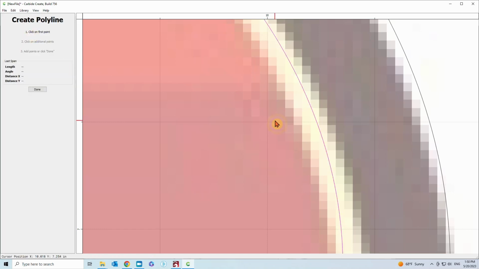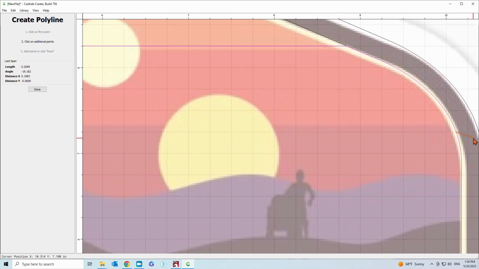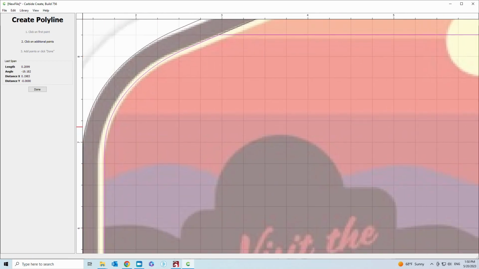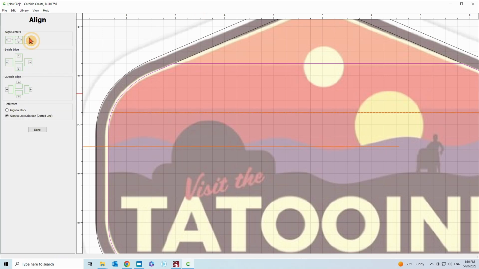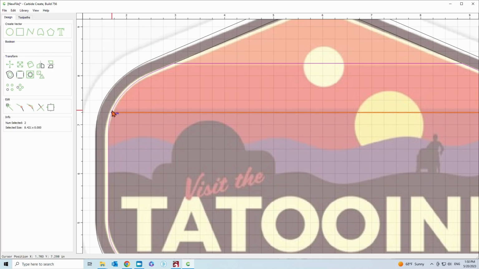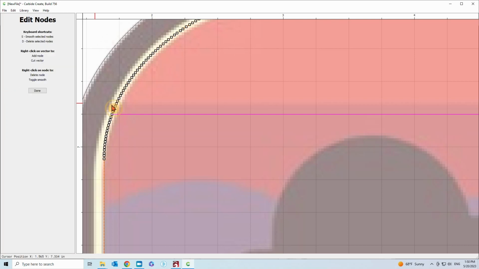So I can start here. and click done. I'm going to copy that one and paste it, and then align it again. And then I'm going to come back in here, and I'm going to go find the node,